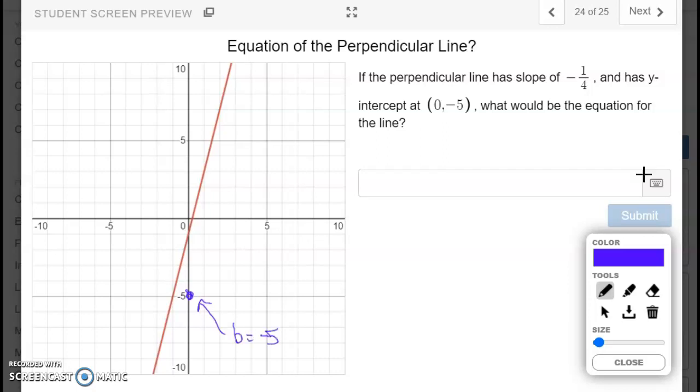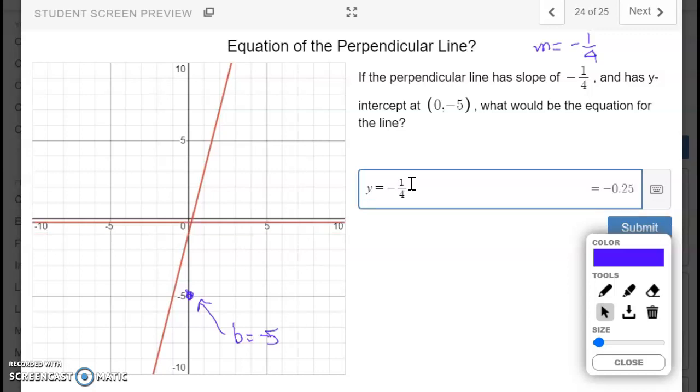Now we are also told that the slope of this perpendicular line is -1/4. So we know what b is, we know what m is. So what is the equation? What is the equation of the line with the slope of -1/4 and y-intercept of -5? That is just going to be y is equal to -1 over 4, multiplied by x, and notice that it is graphing it for us, and then we're going to add